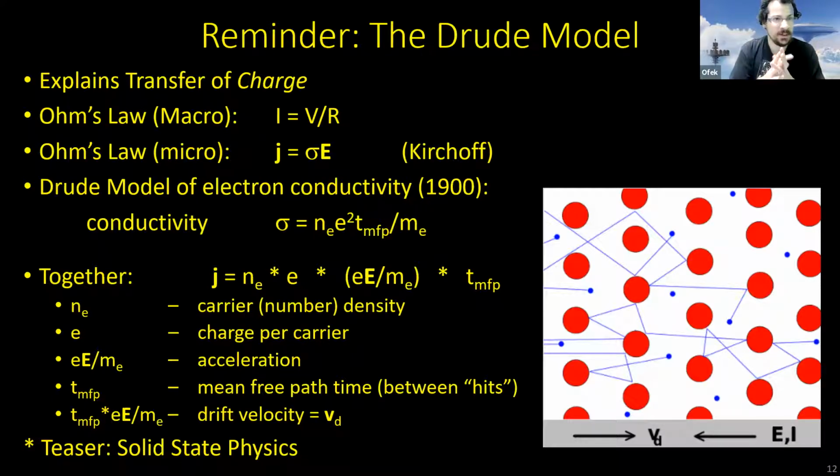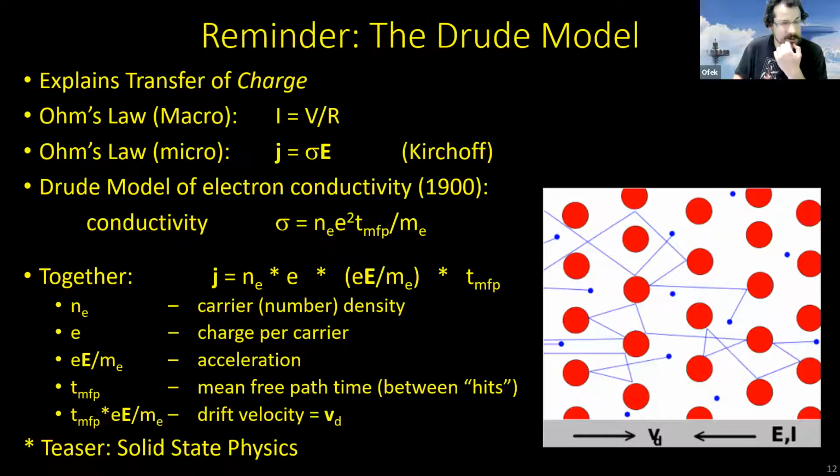And if you assume that it's random enough, then you can say that an electron hitting an ion with some velocity will scatter in any random direction. And so on average, it will go down from its previous velocity to velocity 0. But then it will accelerate again under the same field, develop some velocity until it hits another scatterer, another ion which scatters it. Putting it together, Drude gave this model, which says that